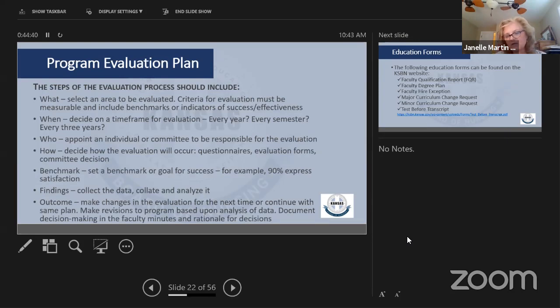So instead of reinventing the wheel, we've tried to give you some instructions to help you at least start thinking about it, and then a template you can use if you don't currently have one. I'll have those two things available on the website. If anybody wants them directly, I'm glad to email those out to you as well.